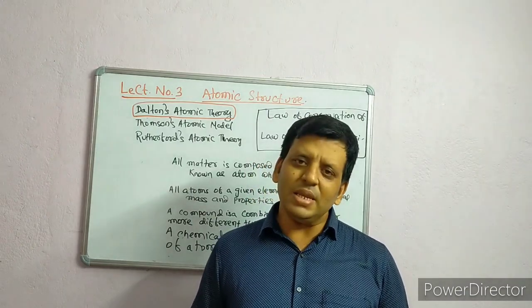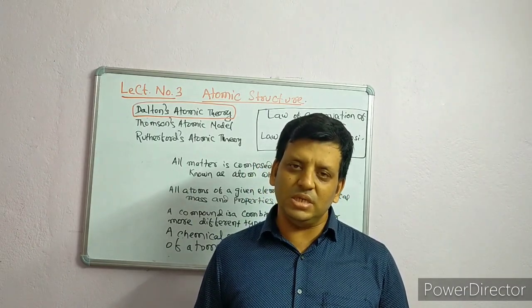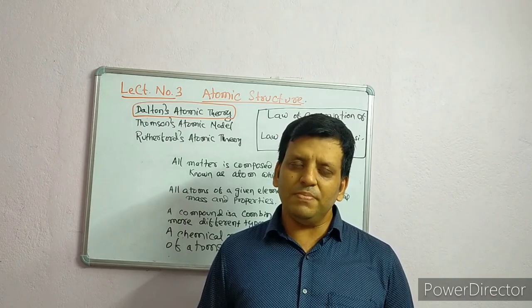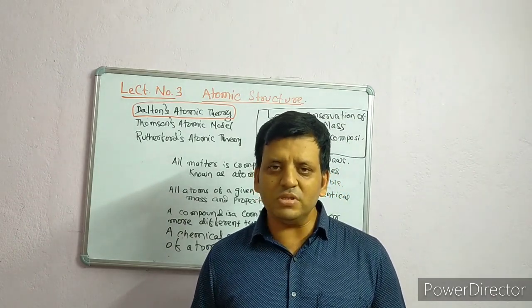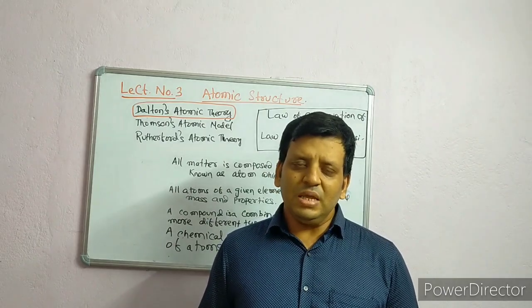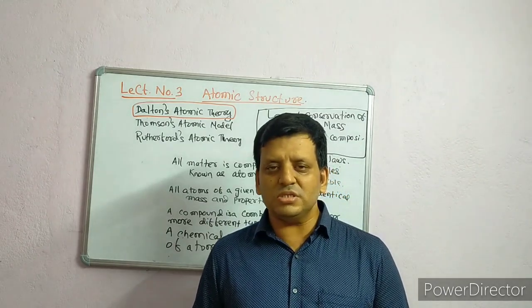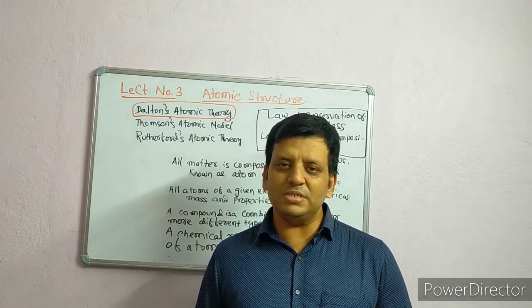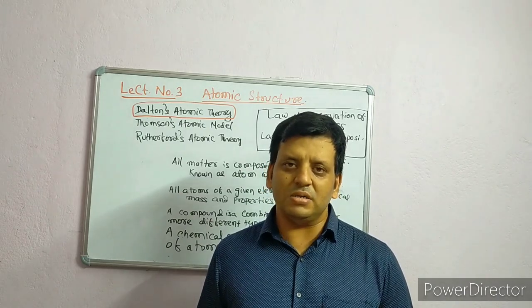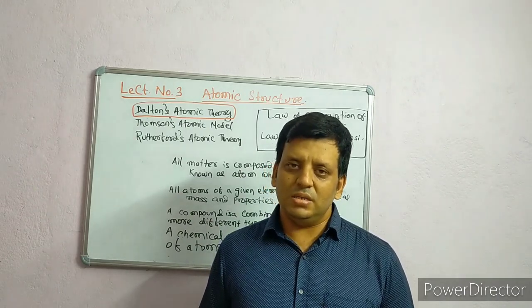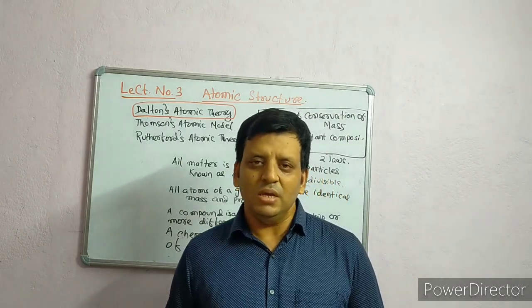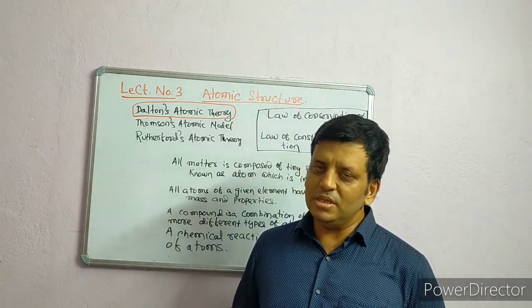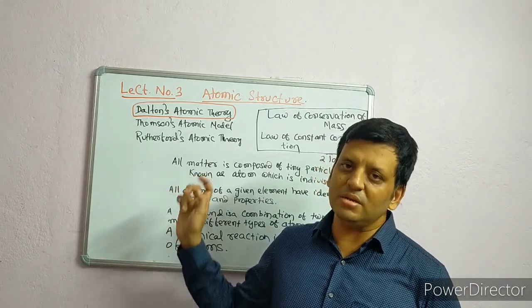So in a chemical reaction also we can see that the total amount of element present before the chemical reaction is equal to the sum total of the elements present in the final product. So we can say that this applies well. This can be well explained using the atomic theory that is given by John Dalton.